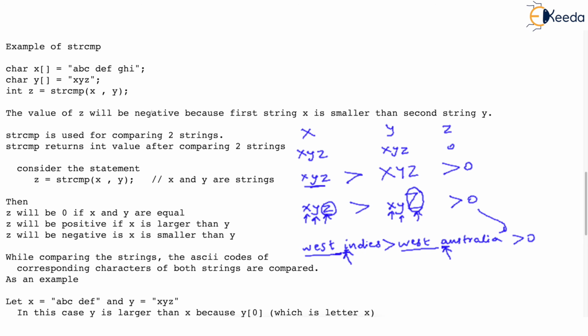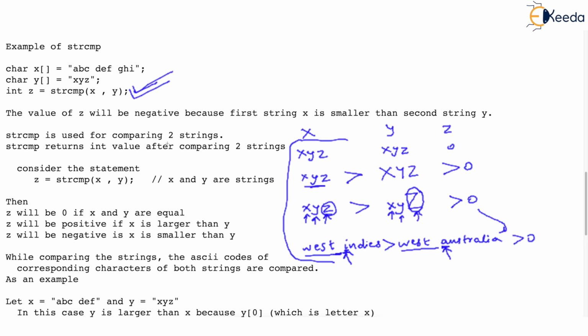Isn't it so? So this is the way how strcmp works. Now don't worry about these examples. You might be frightened. That means we have to remember ASCII codes or what? No. I was explaining this just to tell you how strcmp works internally. If you have understood how it works, relax and use strcmp now. You don't worry about which string will be smaller and which will be larger. strcmp will tell us that.